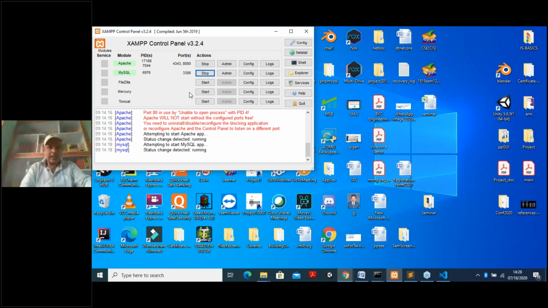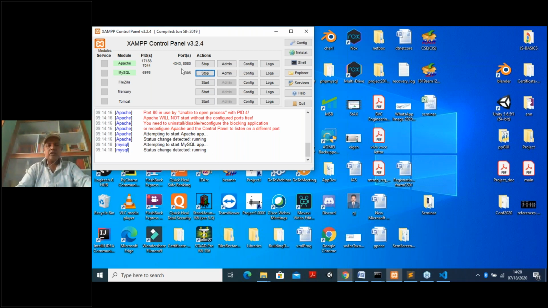Now, I told you that for some reason I have reallocated the port number to 8080, but by default it will take port number 80, and it will take 443, but I have allocated 4343 because I am using that port for some other work, so that port was not available. I reallocated it. Information on how to reallocate is available on the internet, and we can do it easily, no issue.